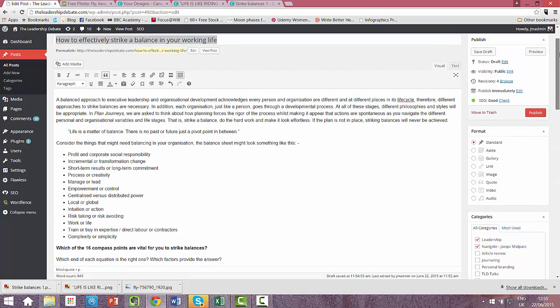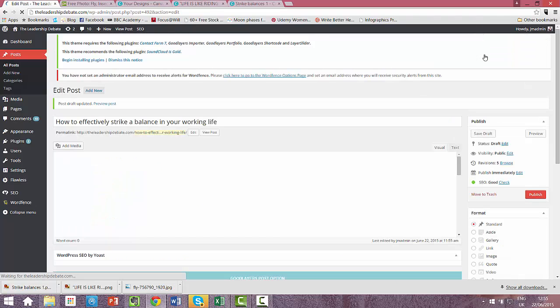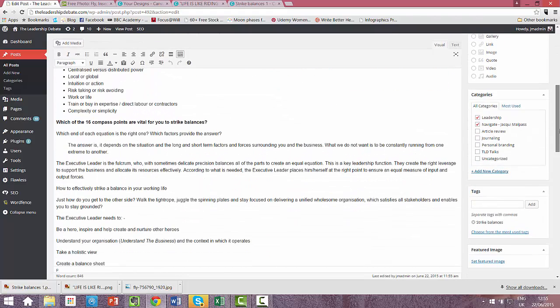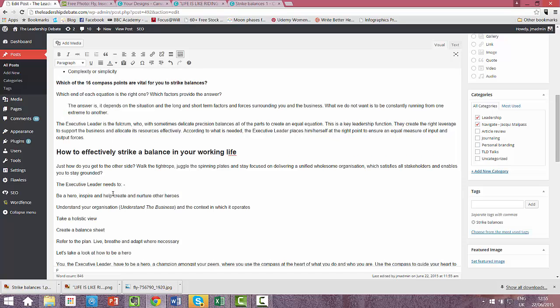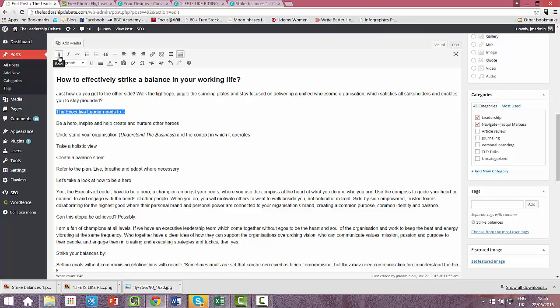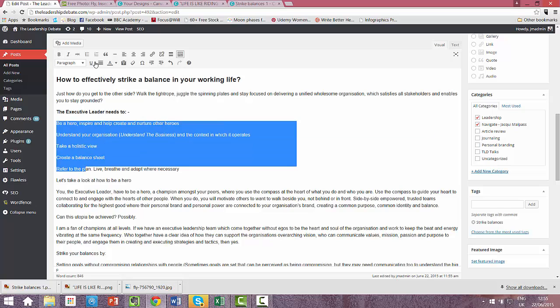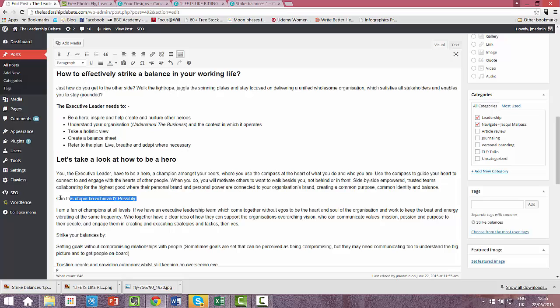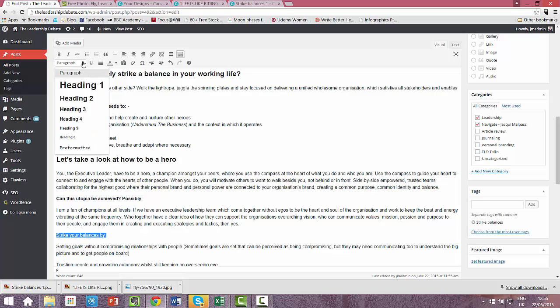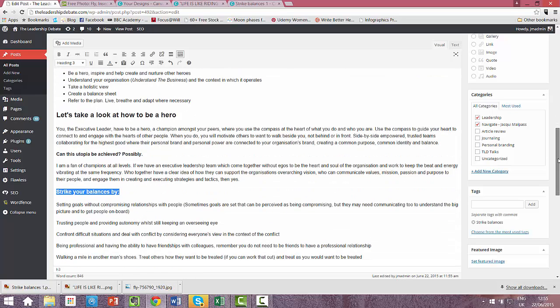Now, I also suggest that as you're going along, you keep saving the draft. So coming along, we might want to have this as a heading. So we come up to here where it says paragraph and make that a heading too. And obviously remember to put a question mark in. Again, you might want to make that bold. Put some bullet points in. That wants to be a heading. Perhaps make that bold. That might be heading 3, etc., etc.,